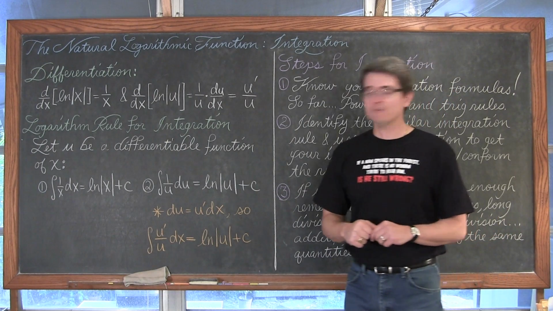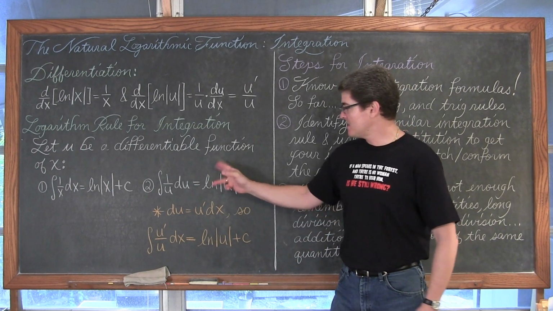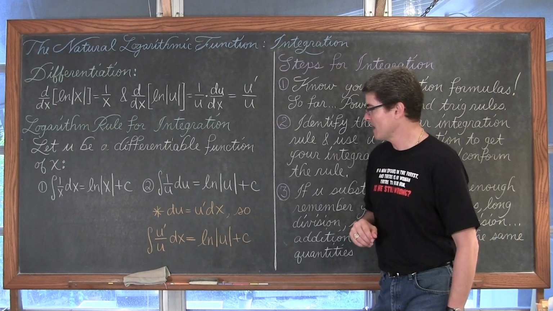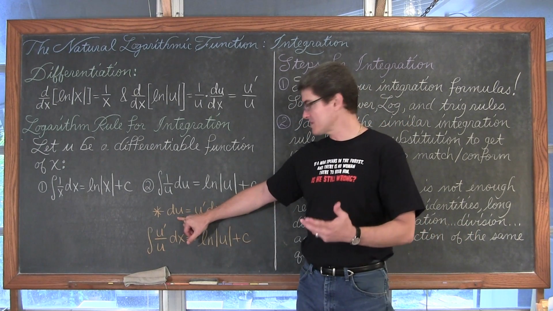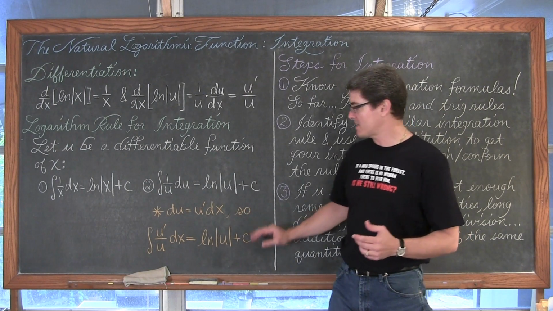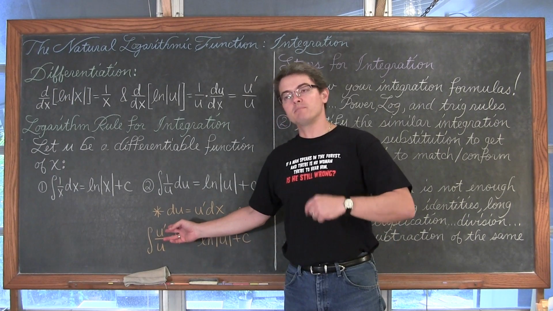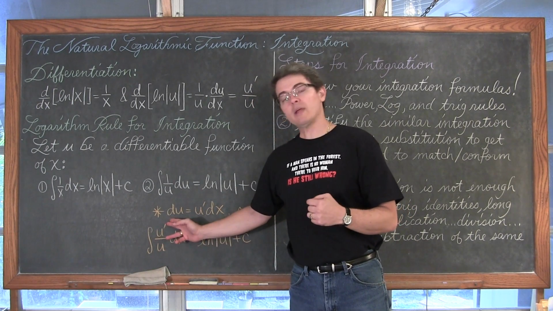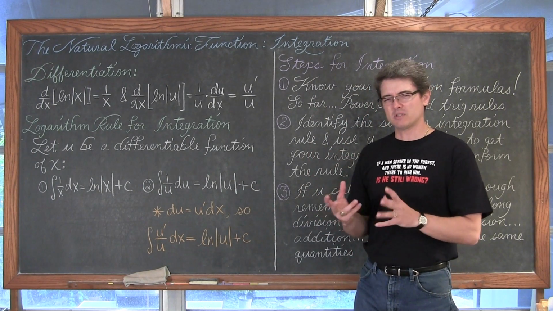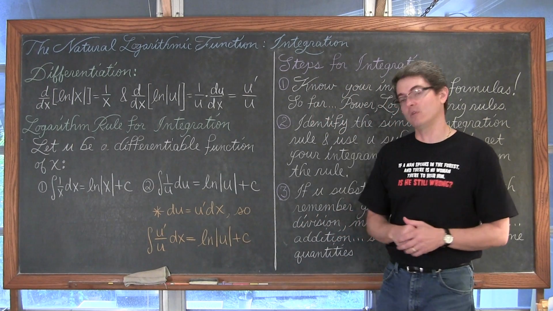And with your u substitution, we have the indefinite integral of 1 over u du is equal to, of course, the natural log of the absolute value of u plus c. Now, since du is equal to u prime dx, we may also want to recognize that when we go to find an indefinite integral and we notice that the numerator is the derivative of the denominator, or that we have u prime over u, then if you recognize that pattern as you're doing your work, it might be a little bit difficult to do that at first, you can write that as, again, of course, natural log of absolute value of u plus c.